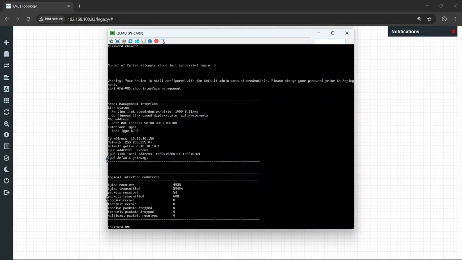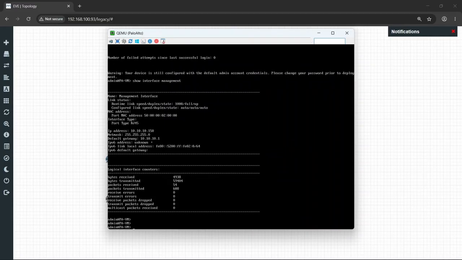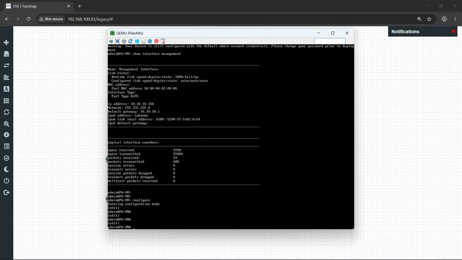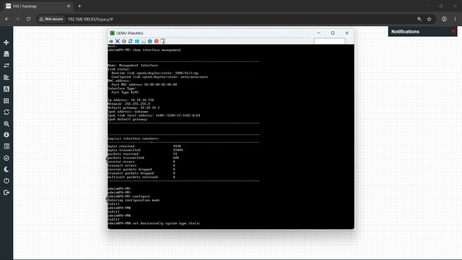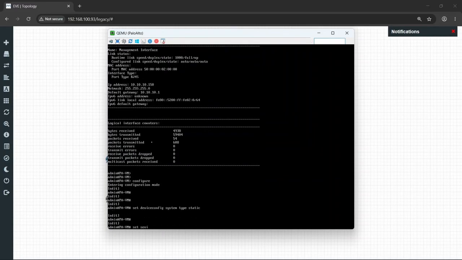Here you can see our management interface already got this IP address 10.10.10.150 from our DHCP, but we want to set a static one. So first enter configuration mode, and then we'll change the interface type to static. So interface system type static, and we will also set an IP address. Set device config system IP address is